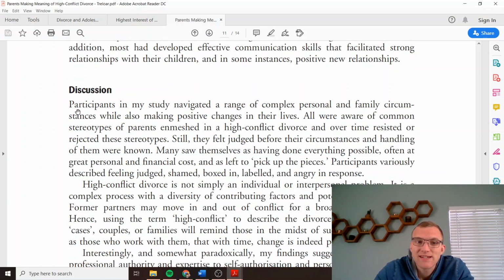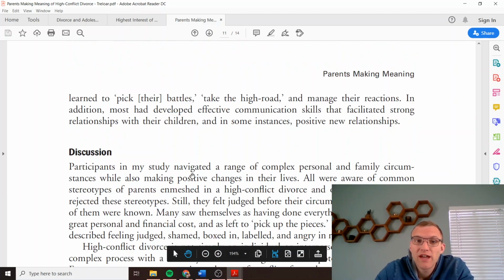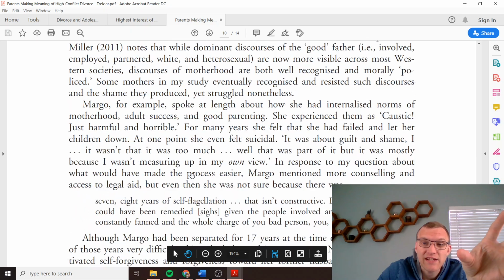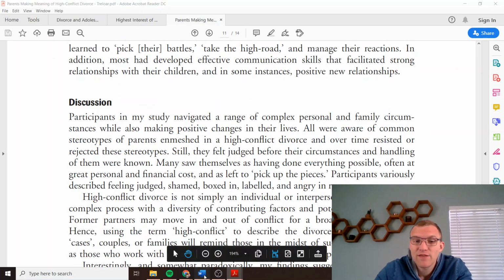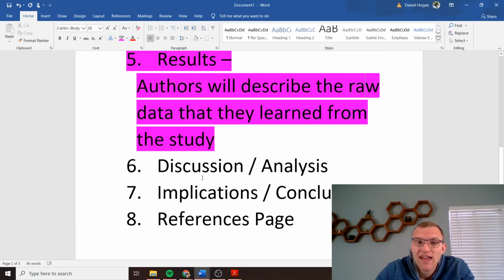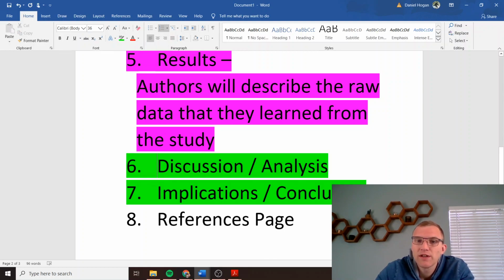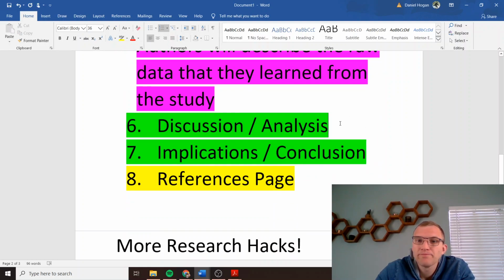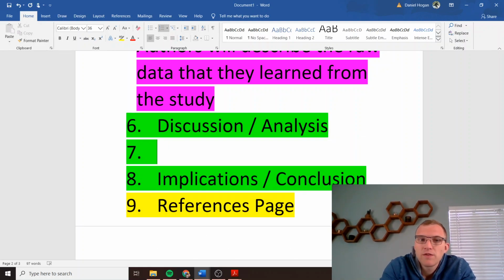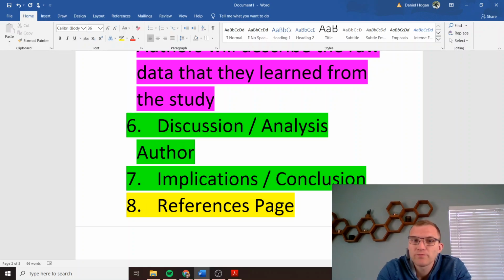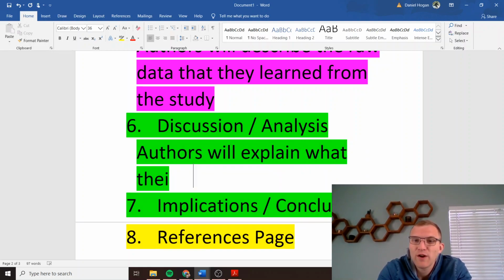Discussion. Okay. Discussion is when things start getting really good. Sometimes there's great stuff in the research findings, but the discussion section, which is often similar, sometimes it's separate from implication or conclusion. Sometimes it'll be called analysis. These are also really, really good things to read. Like I said, sometimes these will be the same, sometimes they'll be different. The discussion section is where authors will explain what their research